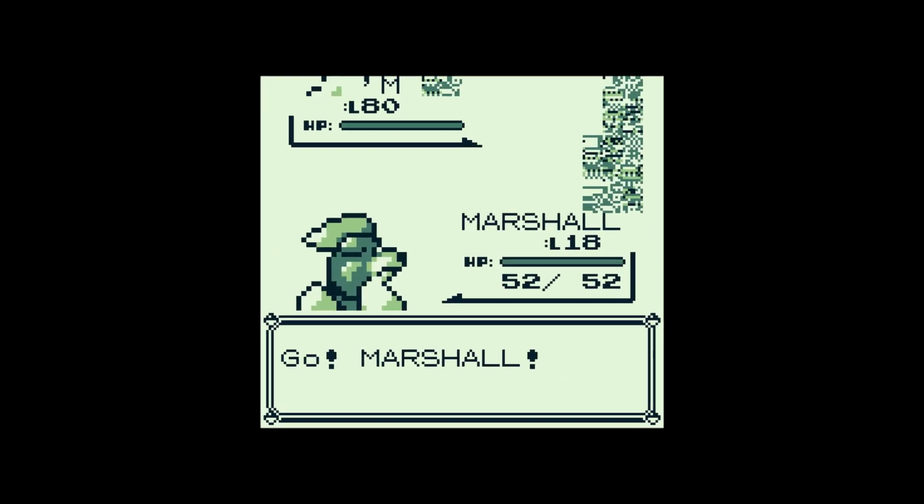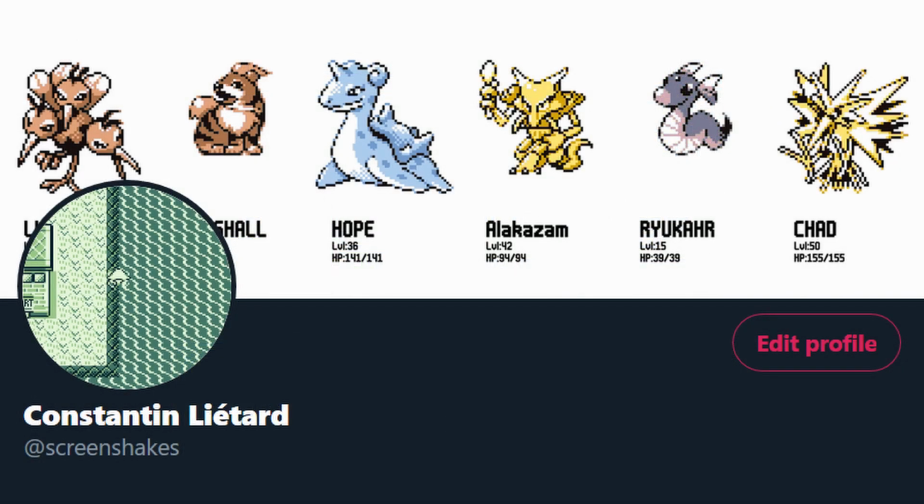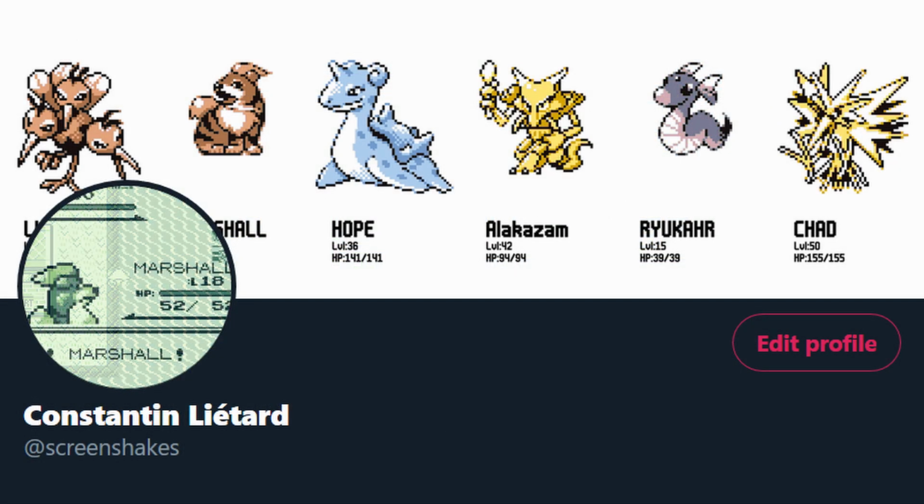Let's start with the output. I used the command line version of Coreboy as a base. It was super easy to modify, as the screen was just ASCII art printed into the terminal. All I did was to skip this last part, and save the image after a small upscaling. After that, all I had to do was to send a request with this new image to the Twitter account API to change the profile picture.